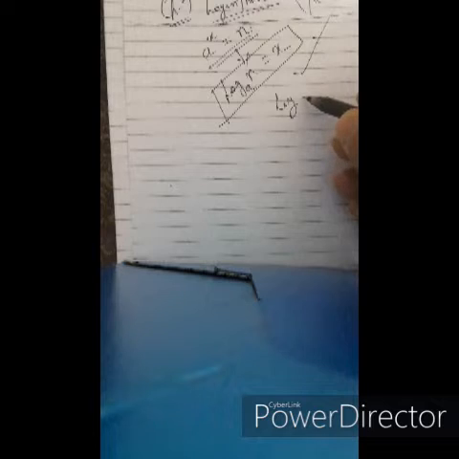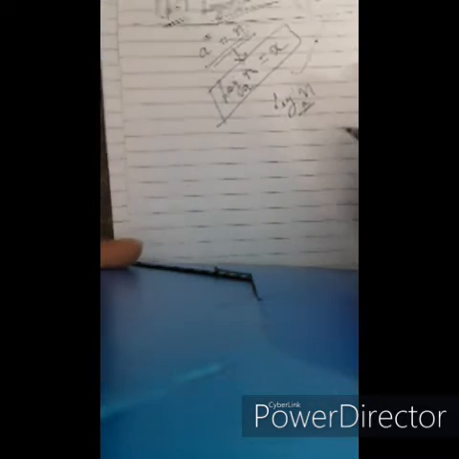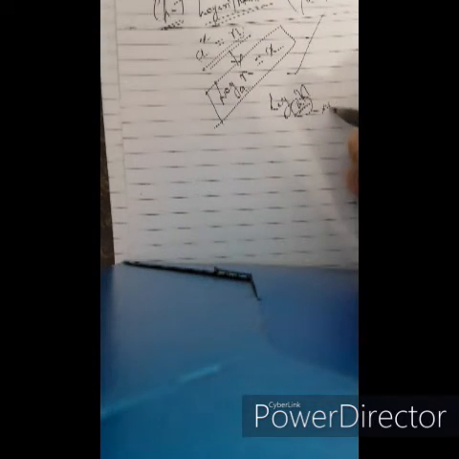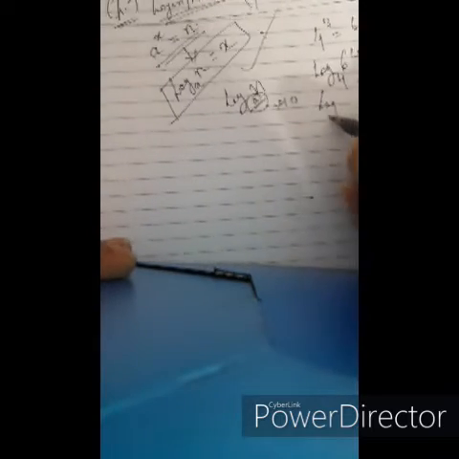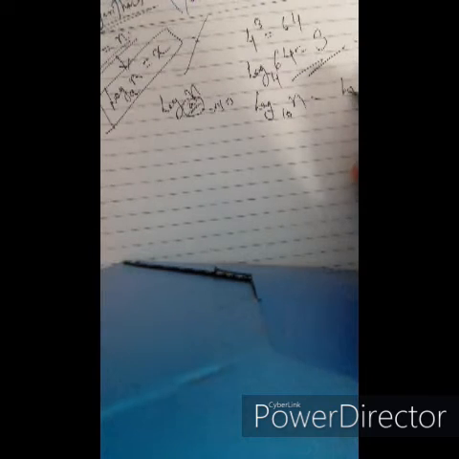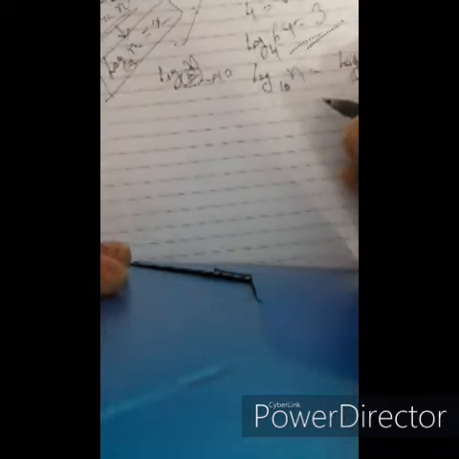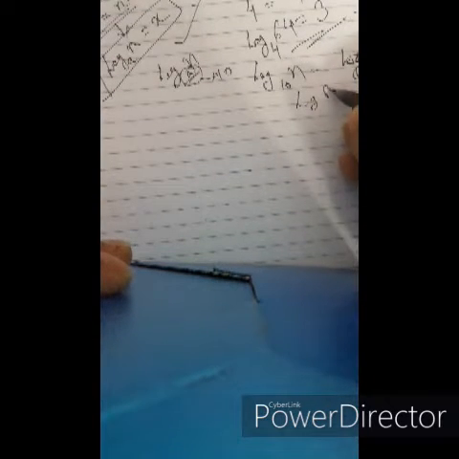Suppose we write log of n to the base a. Suppose this a is 10. Suppose any number is to the base 10, then we can write it as lg n, not log base 10 of n. Instead of writing log 10 n, we can write it as lg n, log n directly.